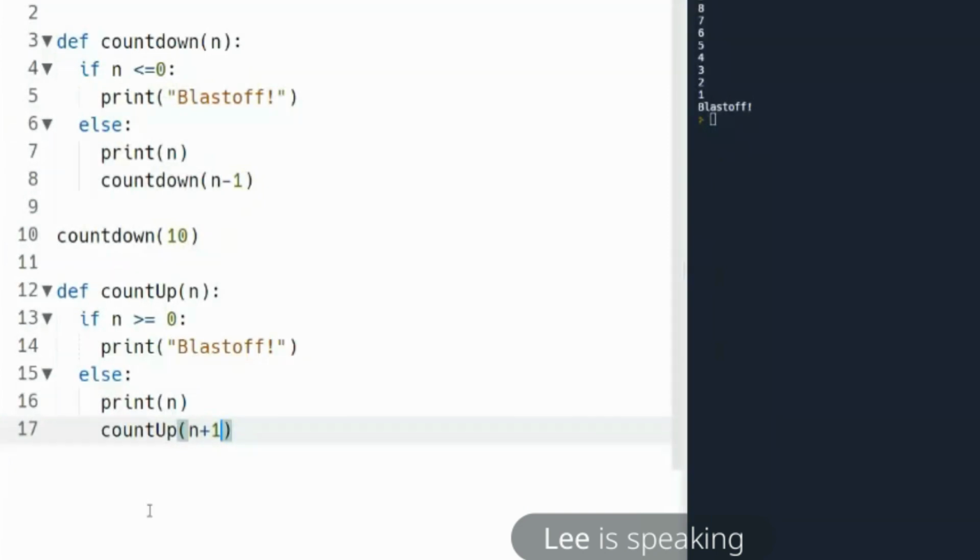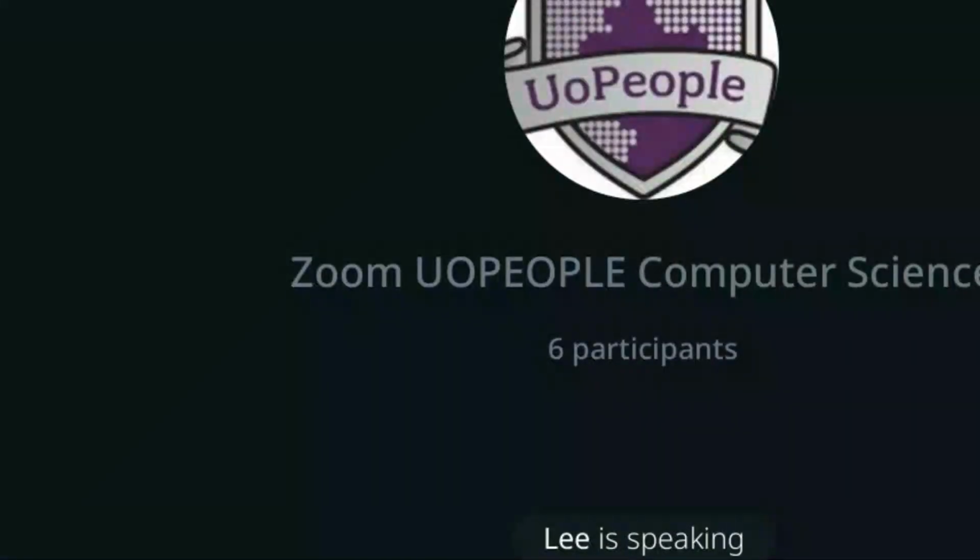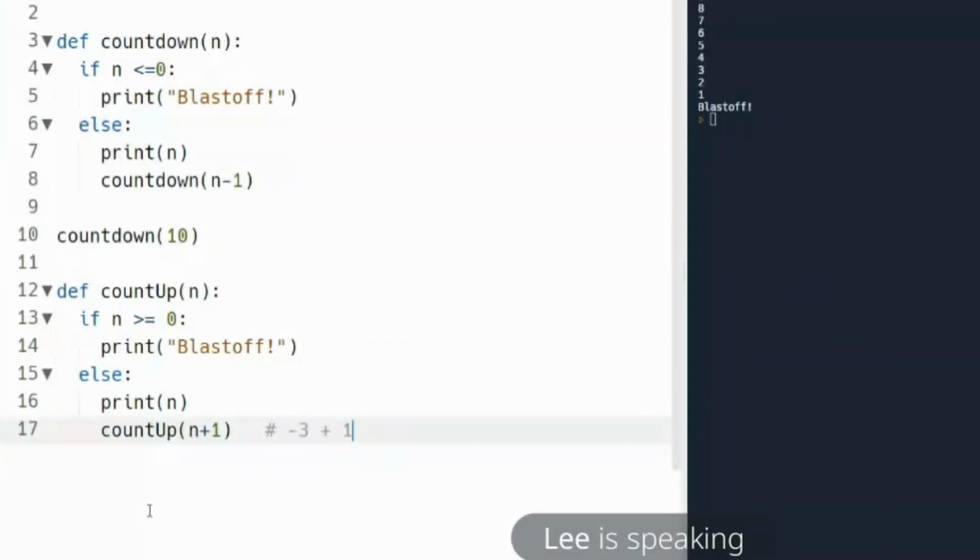And how that works is, let me just put a note here. In the example that they gave us in the question, if you have -3 and you add +1 to it, it then becomes -2. So you see it's starting to count up. So that's why it has to be a plus, okay? If we had it at -2 and then we added 1, then that becomes -1, you see? And it becomes one step closer to 0. So that's why we have to be adding if we want to count up, okay? All right, so having explained that, I think we have closed off our